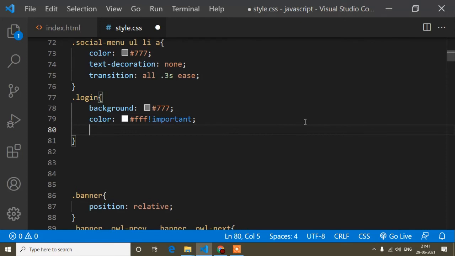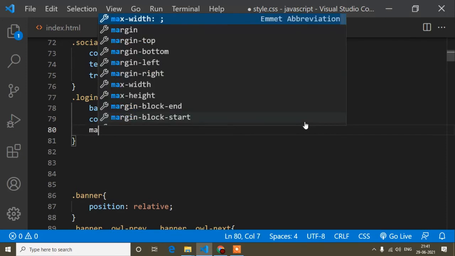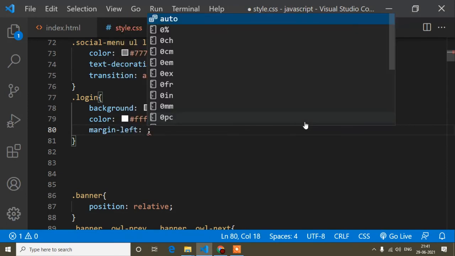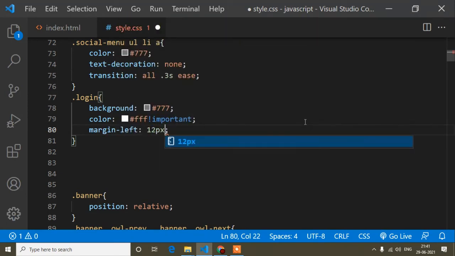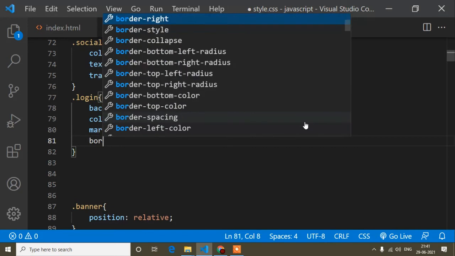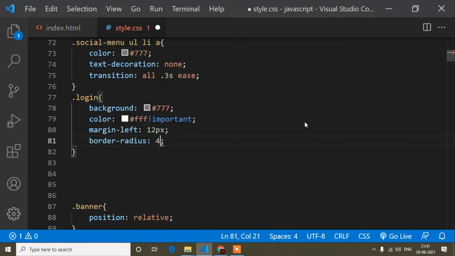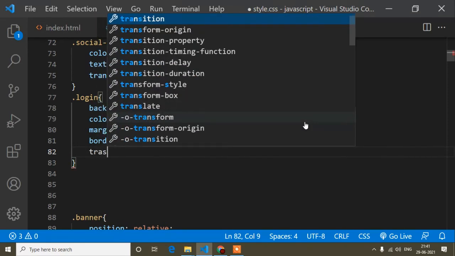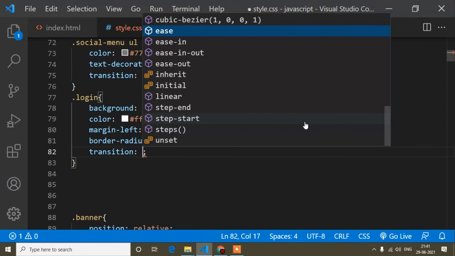And now here I will write margin left is 12 pixels, and border radius. You know why we use border radius, because I already discussed it. And the transition, because when I hover on this button it will add an effect.